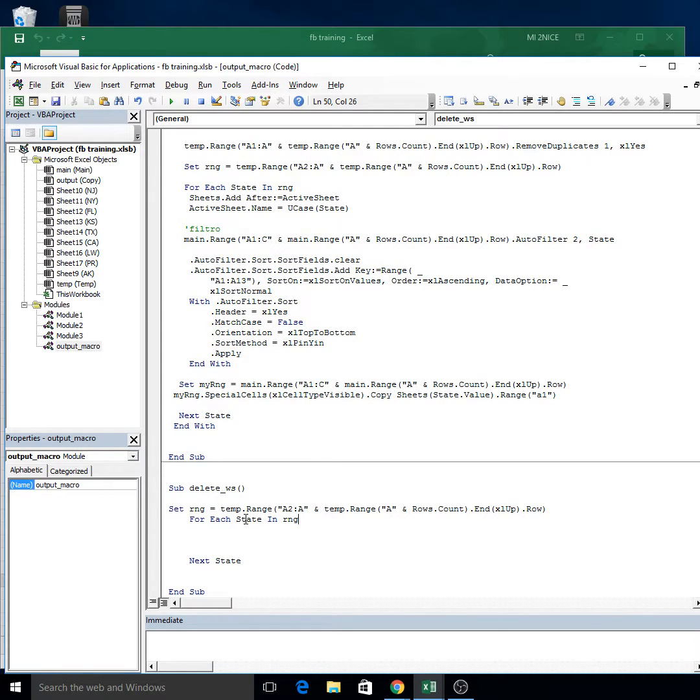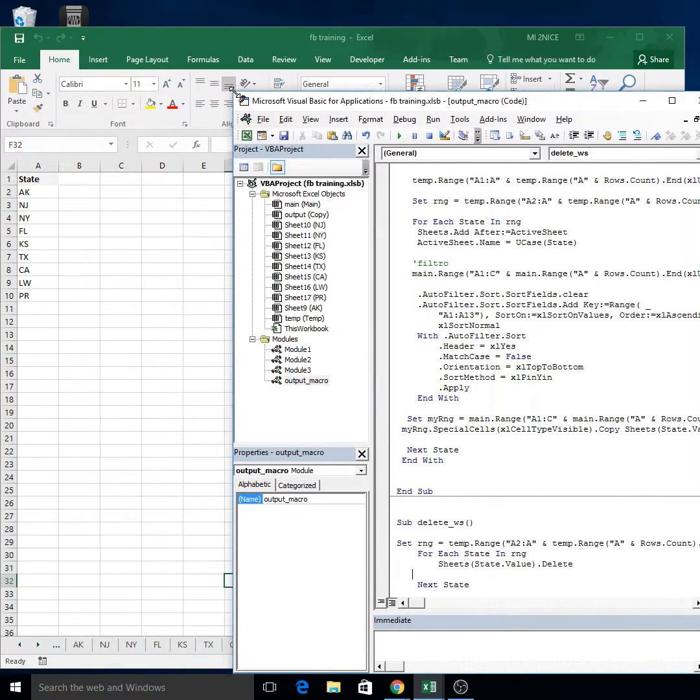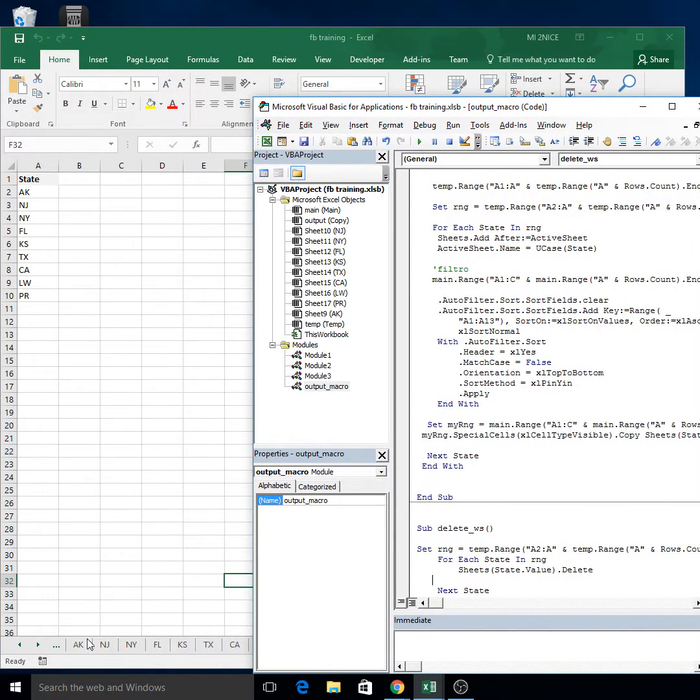So for each state in range, we want to delete sheets, and then we want to say state.value dot, I believe it's just delete, should be fine. We'll see if this works. Okay, so we'll run and see if this works. You should be seeing these sheets getting deleted. If I go and hit run,